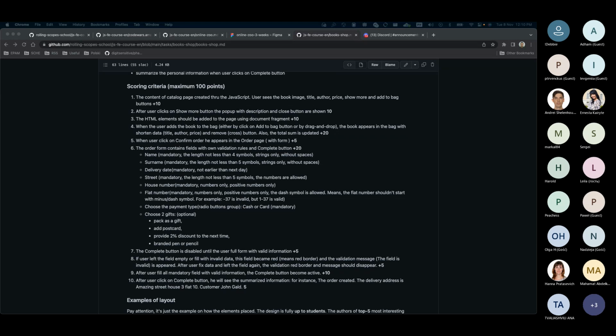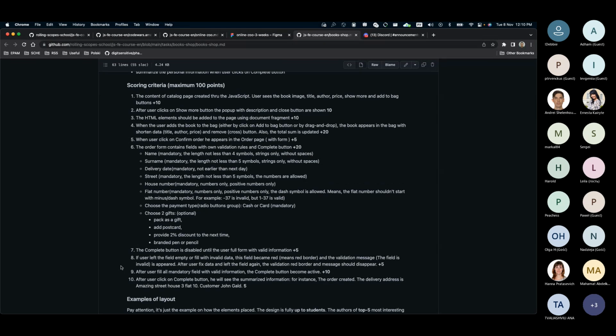And again, we'll gather the best designs that we find after the completion of the bookshop, and five of the students with the most attractive and eye-candy designs will get an additional score. So I guess that's quite an interesting motivator for you to work harder on the look and feel.